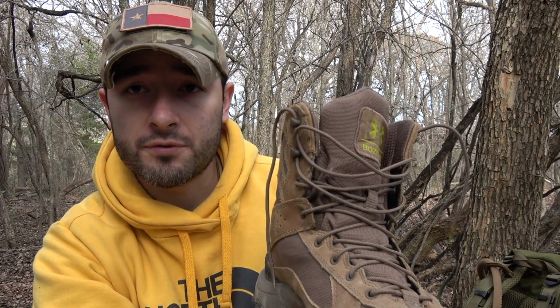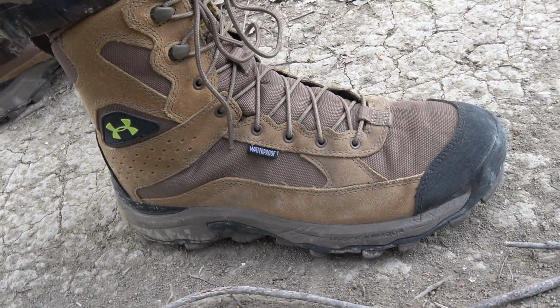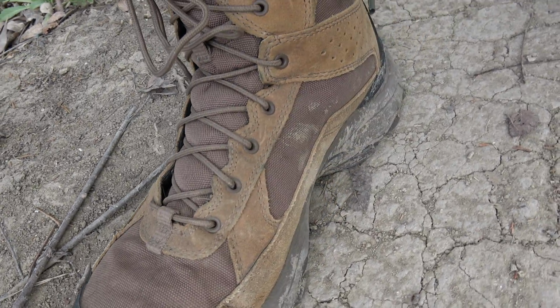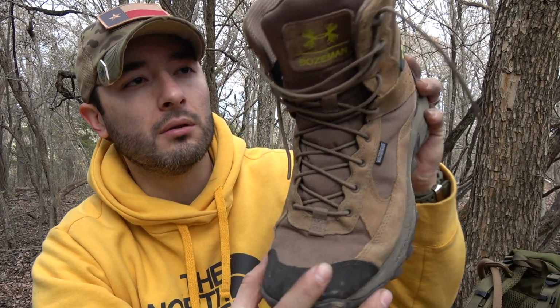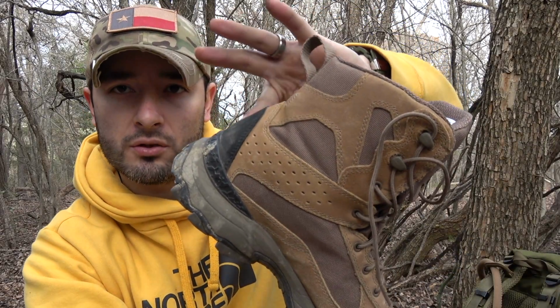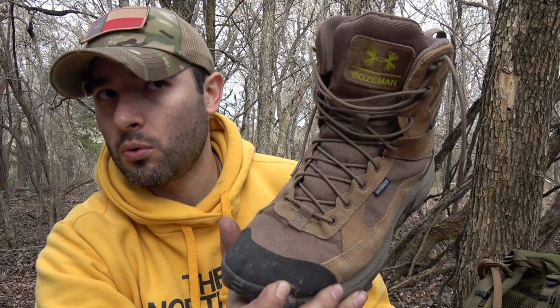As far as comfort, I find these very comfortable, and they keep getting more comfortable. I don't know if it's a psychological thing, but in the beginning these were not as comfortable. I'm gonna be honest with you. I put these on and it was bugging me right about here, right where it bends when you flex your foot as you're walking. It bothered me a little bit towards the back too. It was putting pressure, but I kept wearing them, and by the third or fourth time,